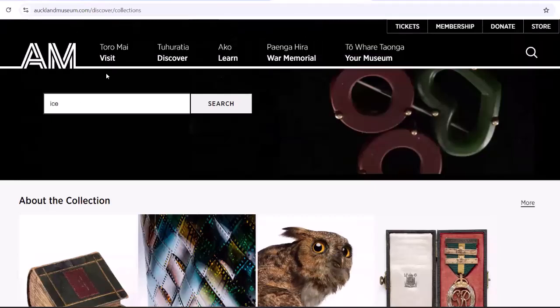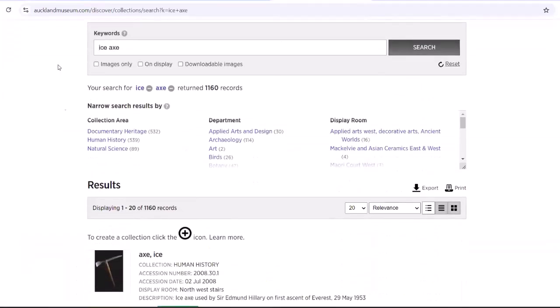So I could search for something like ice axe, and then they present an advanced search results page with options for search filters. And so that's copying many of the elements that we would have within the browser front end, but building it within one single integrated website. And so I could click on one of those ice axes,